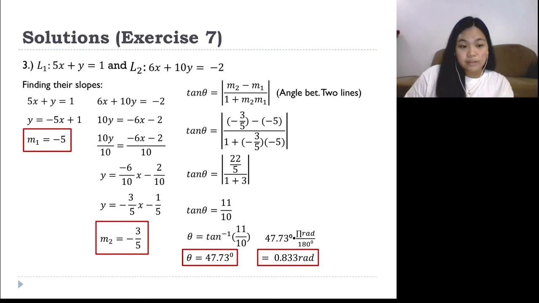Lastly, we have 5x plus y equals 1 and 6x plus 10y equals negative 2. Same steps: find their slopes by using their slope-intercept form, giving us our first slope to be negative 5 and the second slope to be negative 3 over 5. To find the angle between these two lines, use again the formula and plug in the values accordingly, giving us tangent theta equals the absolute value of negative 3 over 5 minus negative 5 over 1 plus negative 3 over 5 times negative 5. Then perform the given operations, leading us to have tangent theta equals 11 over 10. Get its inverse tangent, which is equal to 47.73 degrees, and its radian form is